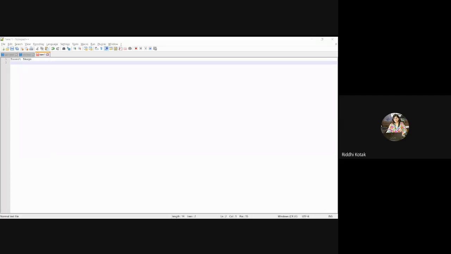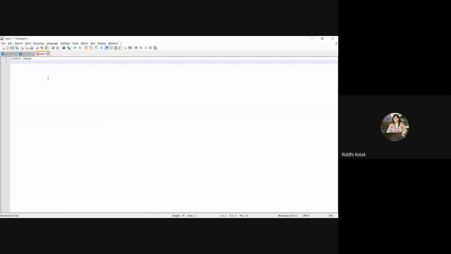All the students are correct. Space src, that is the source you have to provide. If you are downloading from somewhere, then it is a URL; if it is in your system, then wherever that file is available, that full path will become the URL. Space alt. So alt is nothing but alternate text for the image. Whatever text you want to provide, you have to write that.